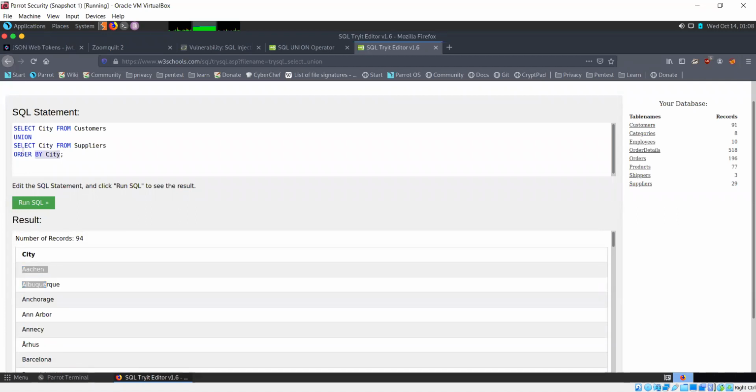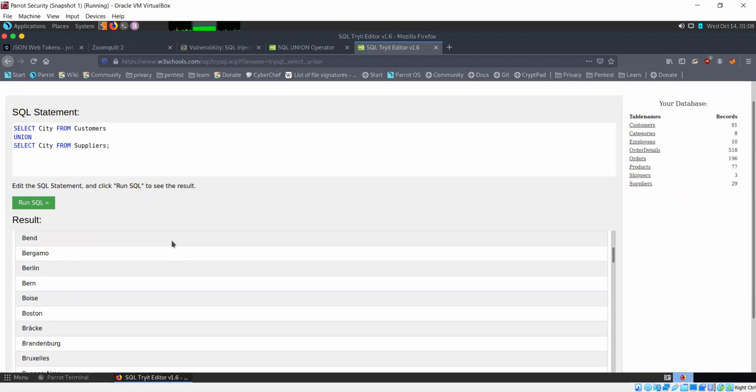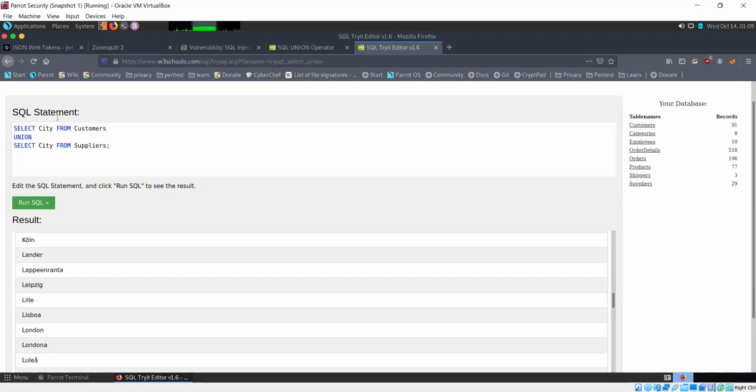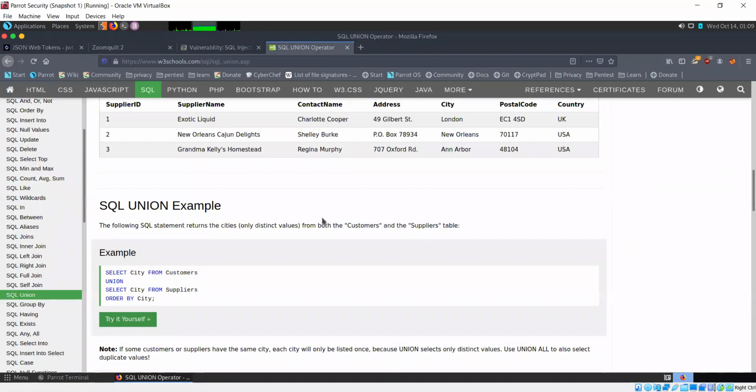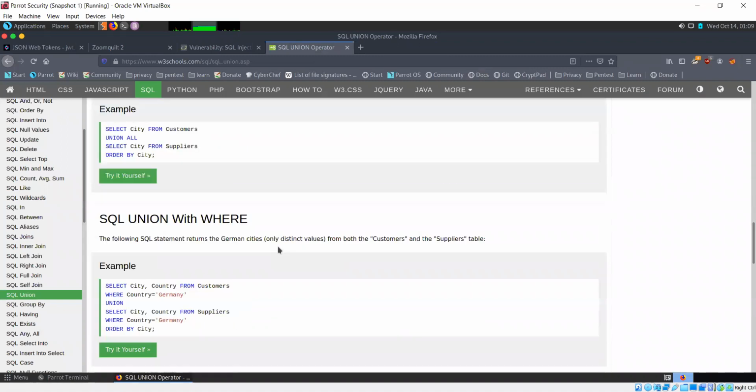Let's see if you remove this. Still sorting. Anyway, that's not important here. What's important is understanding how union is working.